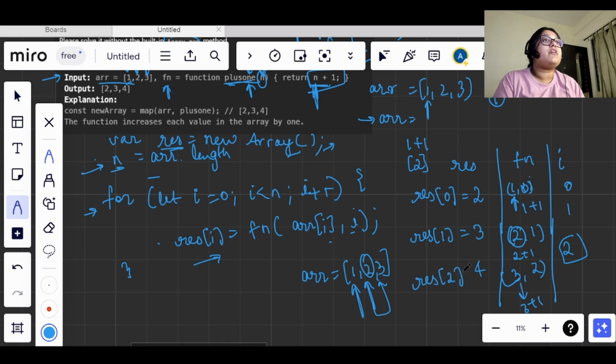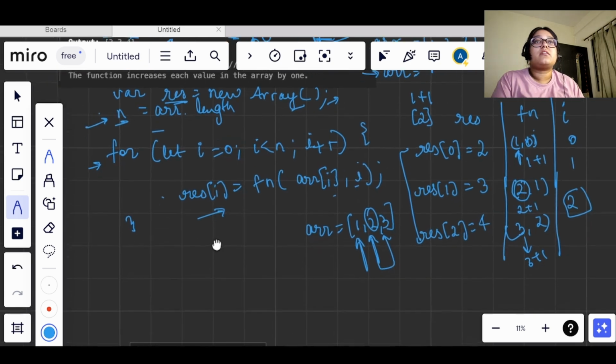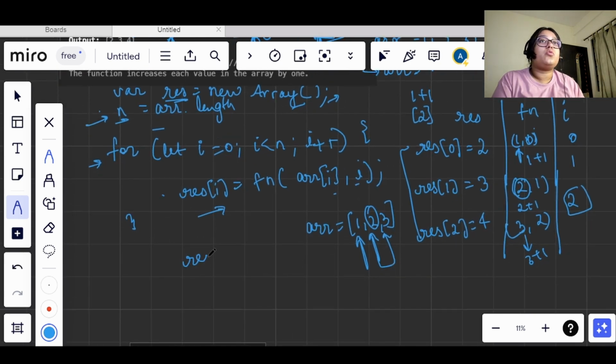Now we have the new result array as 2, 3 and 4. Now we just need to return this result. So outside this loop, we will just return the result. So this is what we have to do in this question.